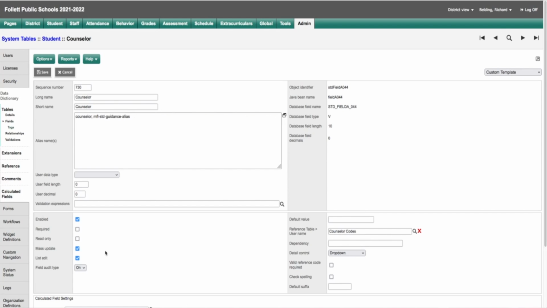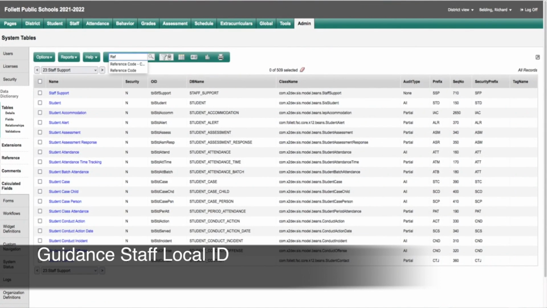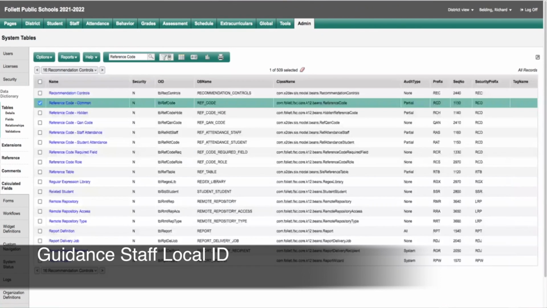But the last thing we need to do is we need to find the reference table, that drop-down list of values for the counselor, and again, align it to the actual staff member. So here's how we're going to do that. So there's actually another field that's going to come into play here. I'm going to go back to reference code common where we set up that field for